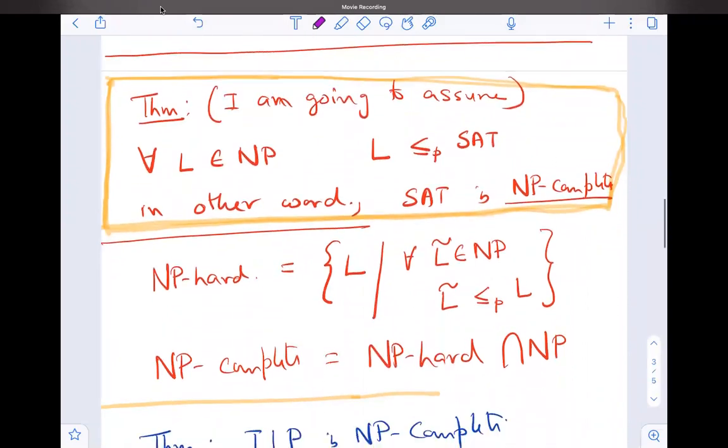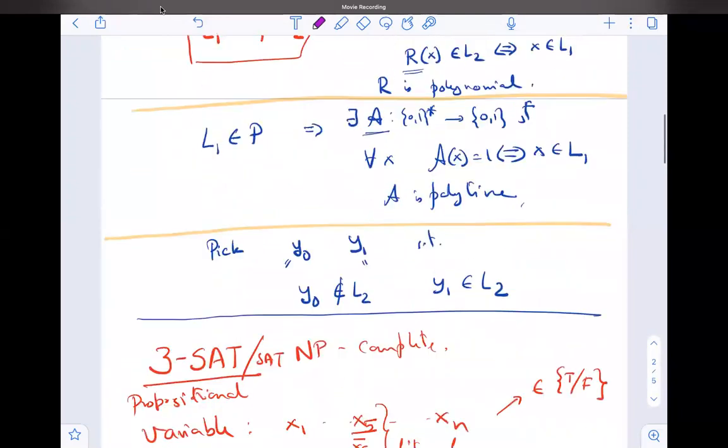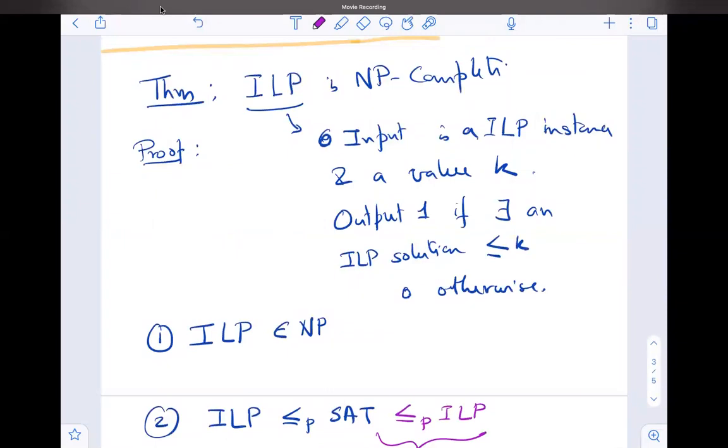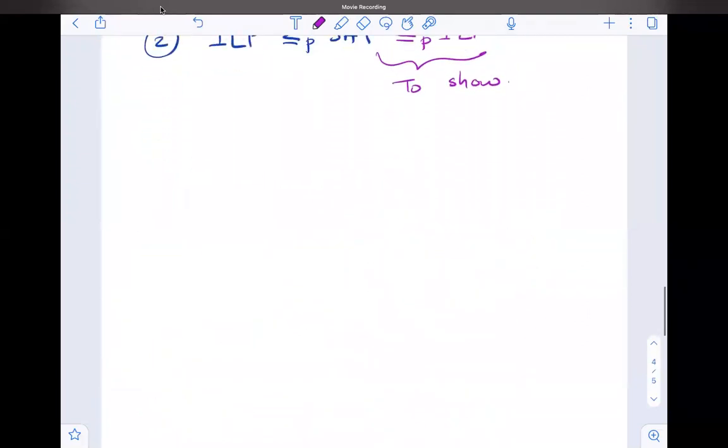The decision transformation of ILP to a decision problem. So we are saying that the ILP instance is given, and a value k, output 1 if there exists an ILP solution less than or equal to k. Sir, what do you mean exactly? The solution will be, so we have a region usually. In LP you get a... So if I want to formalize it. Yes, sir. To make it concrete, we need a formalization maybe.